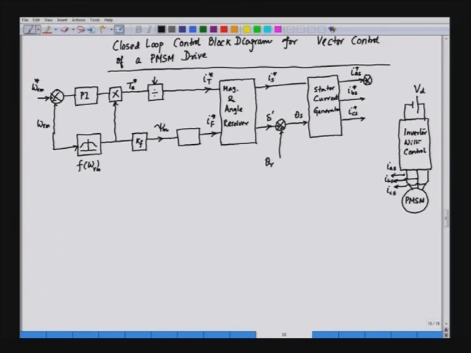So, we have a comparator here. So, this is IAS. Similarly, here we have IBS, and here we have ICS,